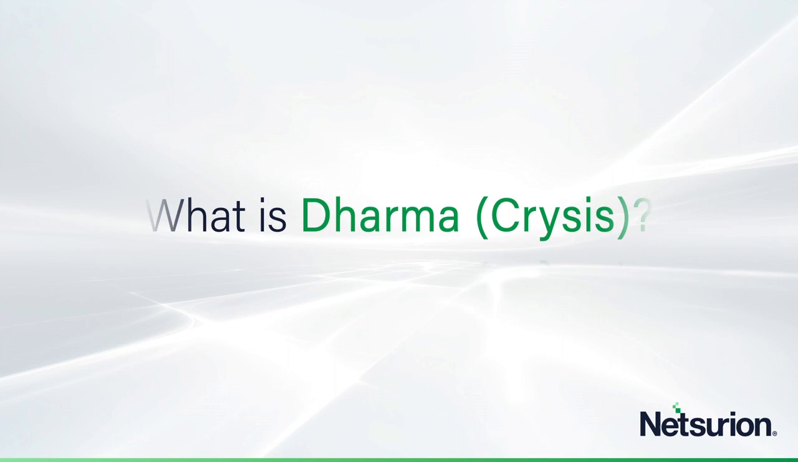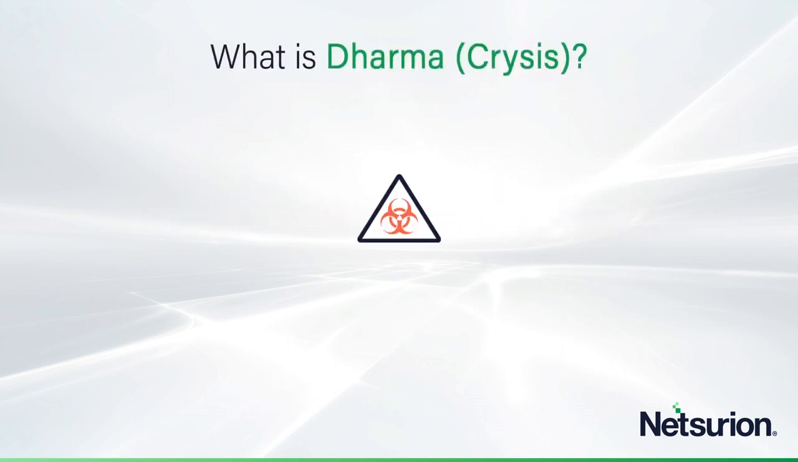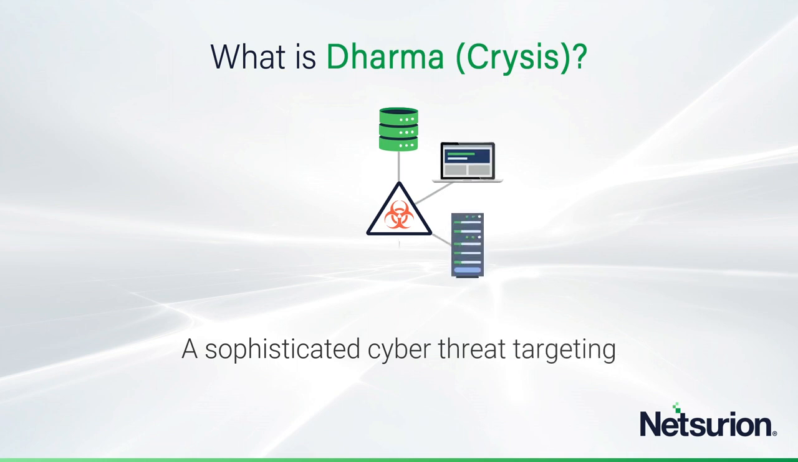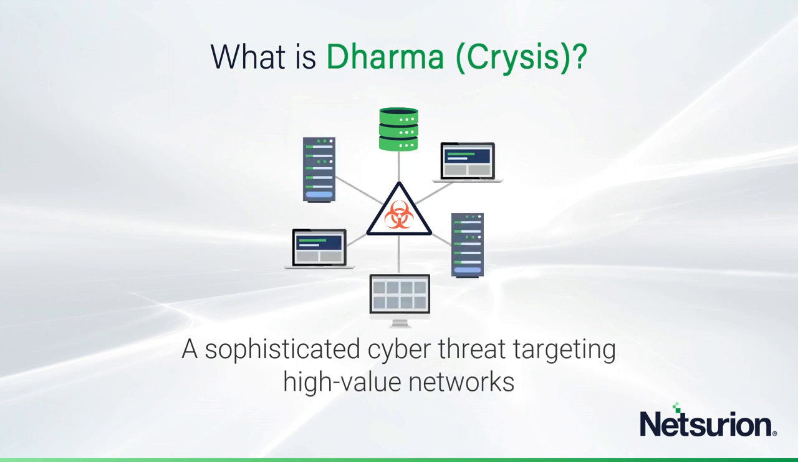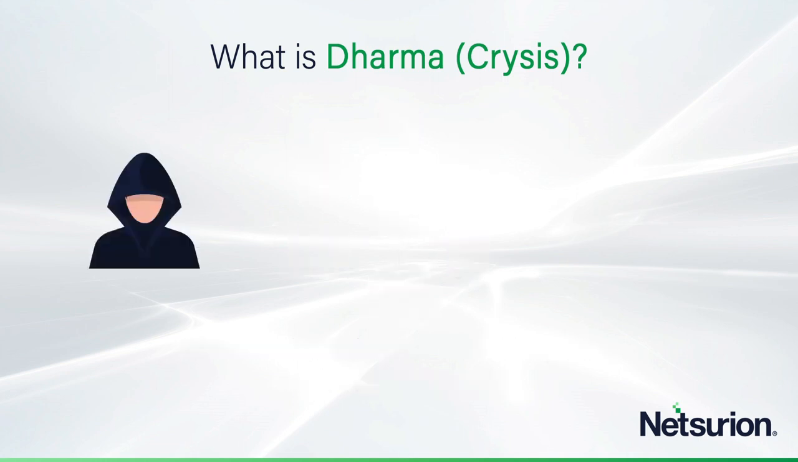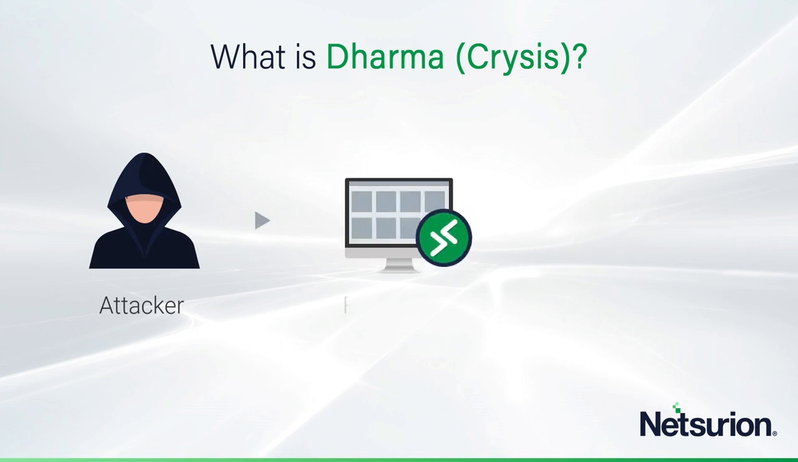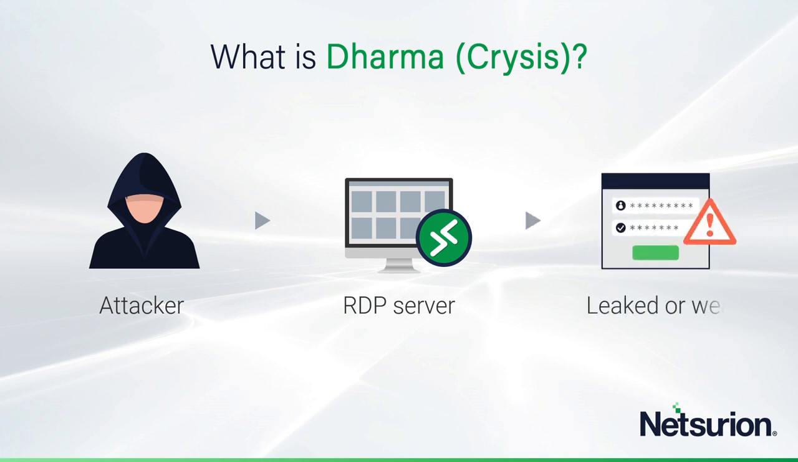So what is this piece of ransomware called Dharma? Well, it's a sophisticated cyber threat that is targeting high value networks. It is most often delivered manually via an attack operator, and they're using RDP, Remote Desktop Protocol, which is a Windows thing, and exploiting leaked or weak credentials. Since this is a manual attack, it's obviously expensive for the attacker, and that's why they're pursuing these high value